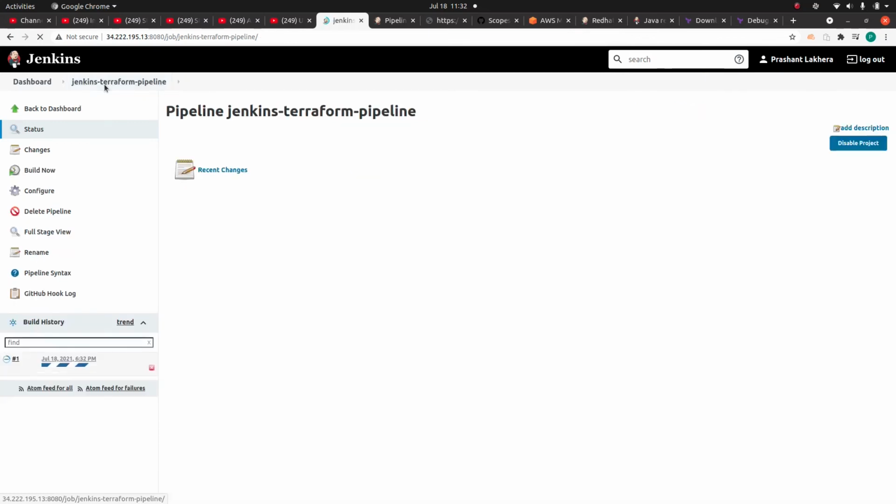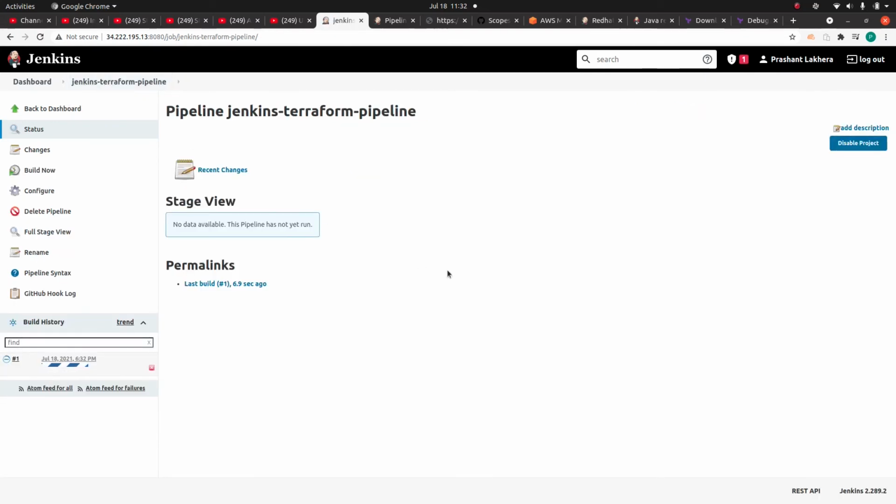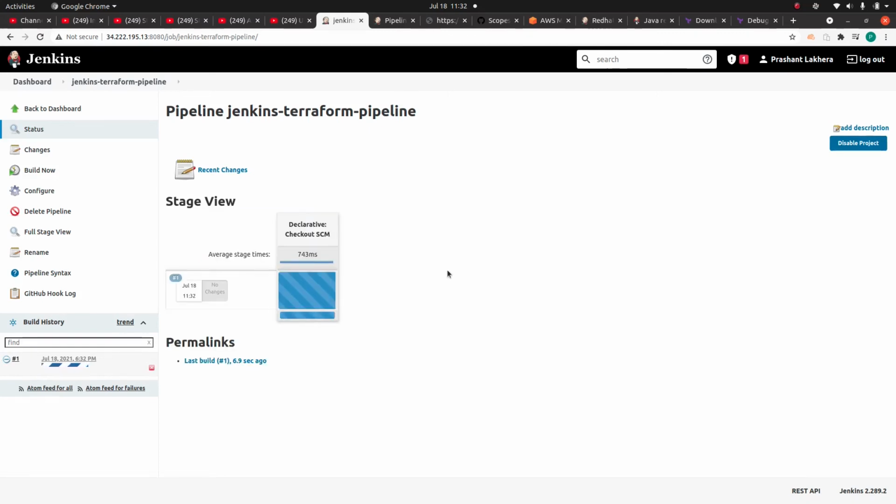Let me go here so that I can show you a few of the stages. Okay, so see, it is performing the checkout of the SCM repository. Then whatever tools we have installed and mentioned in that plugin, it is doing that.